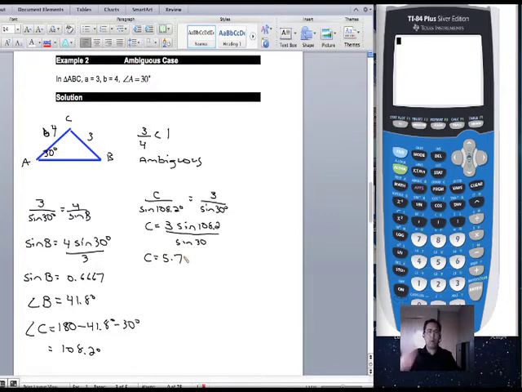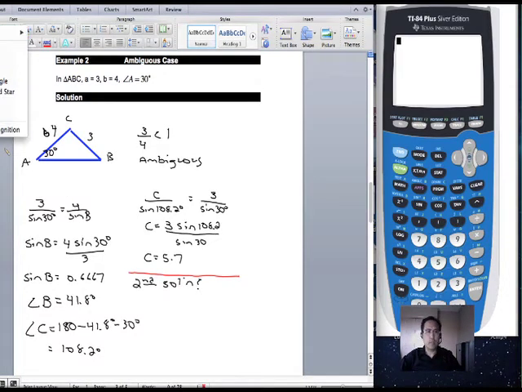Okay. Now all I want you to do here is separate out your calculations. Because of what we've seen here, that this 3 across from the angle is less than 4, is there a second solution? So we have to do a second set of calculations. Okay, so if we shift this triangle over here, you're going to notice that